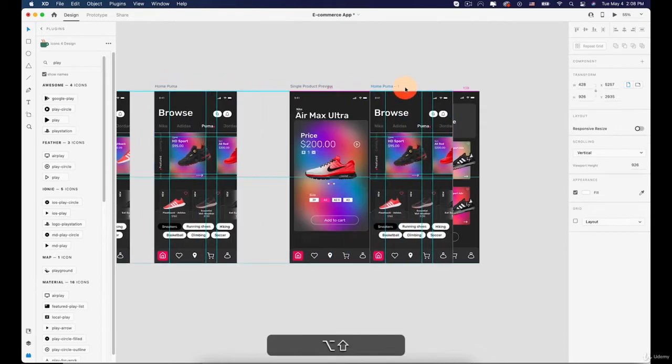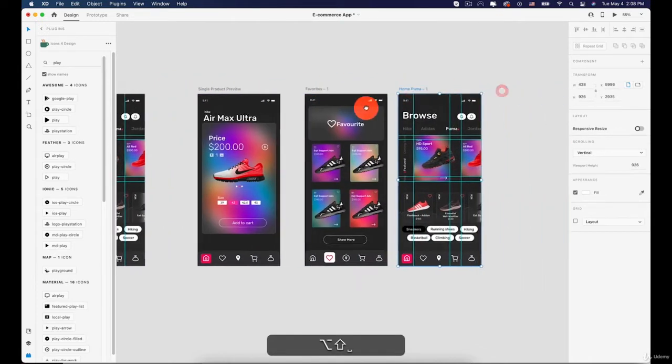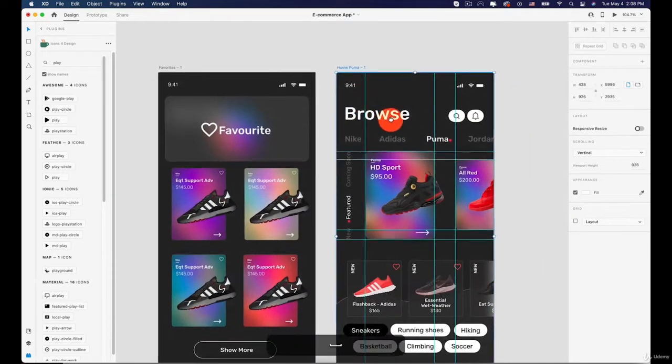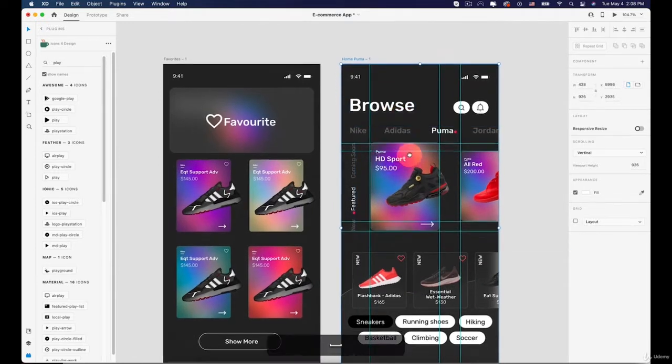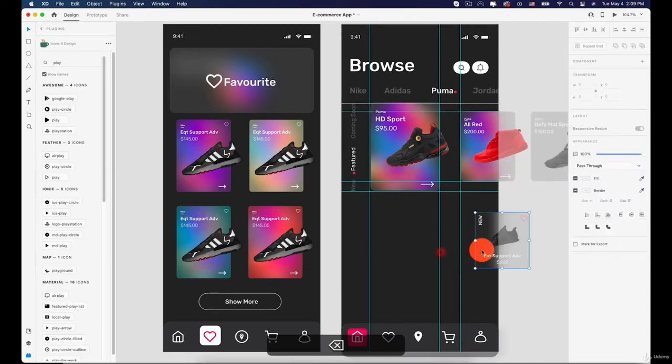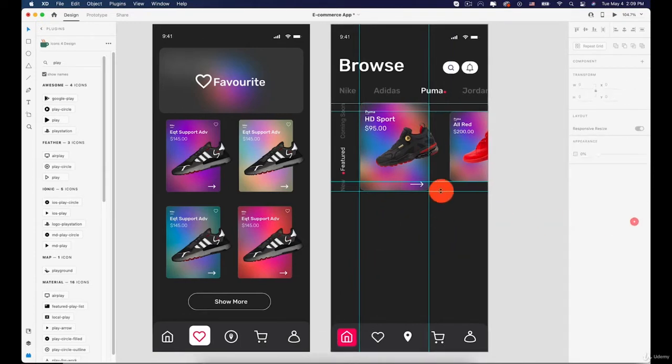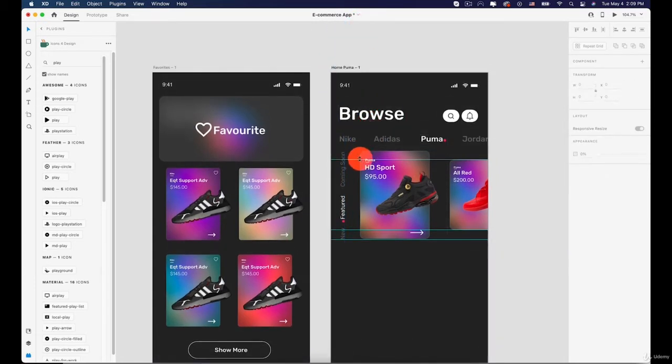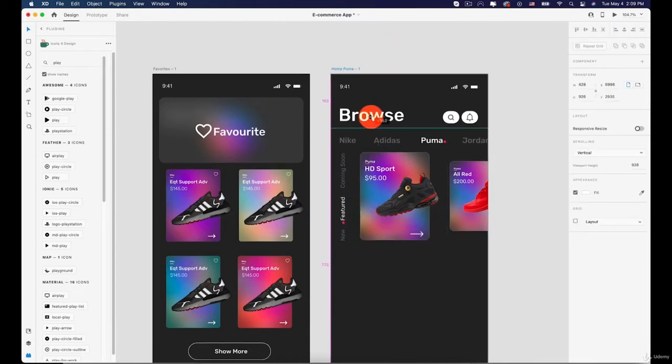Press on the Alt and move it over here, and we are going to create our favorite screen from this artboard. I'm going to remove all of the extra stuff that we have. We will remove this background, and these, and then all of the text and icons that we have, as well as the guidelines that we have on it. I'm going to remove them just like this. Let's remove this one as well, all of this